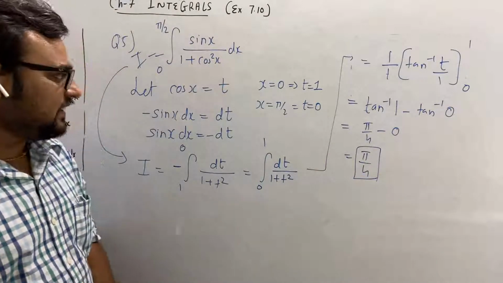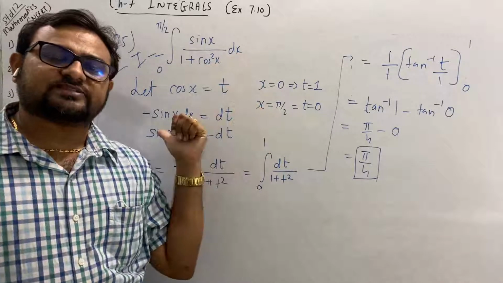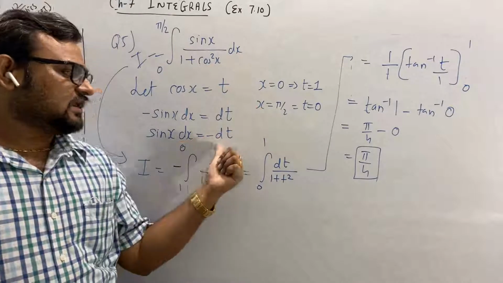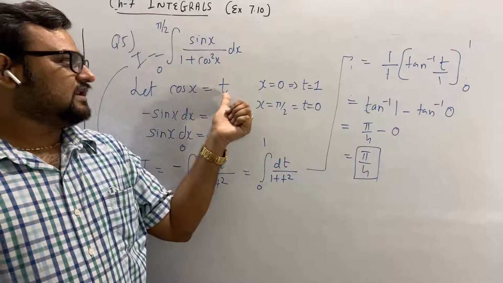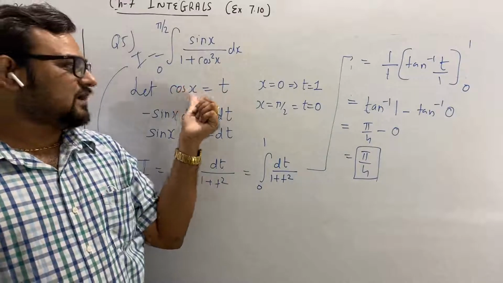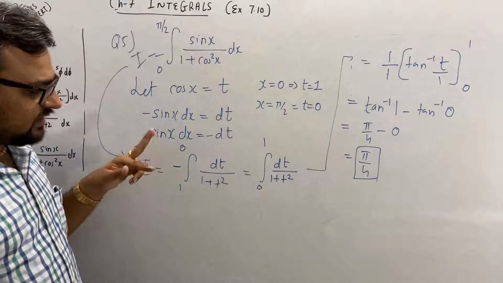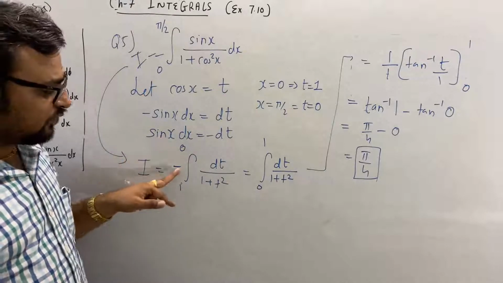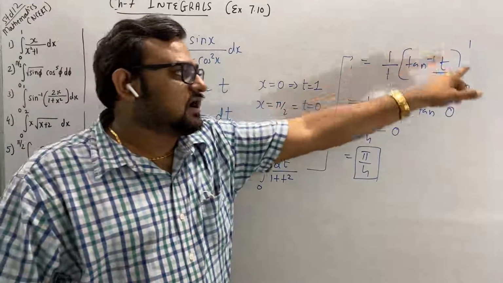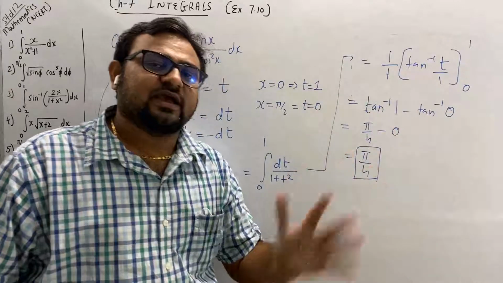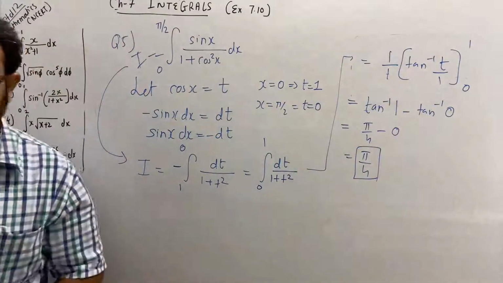Clear? I'm repeating what I had done. I had taken cos x equal to t. So minus sin x dx is dt, sin x dx equal to minus dt. Changing the limit, when x is 0, cos x, t equal to 1. When x is pi by 2, t equal to 0. Putting this value, I replaced the lower and upper limit and put a minus, so minus minus plus. The formula for tan inverse, just put the higher limit and lower limit, subtracted it, I got the answer pi by 4. Okay, so go through question number 5.